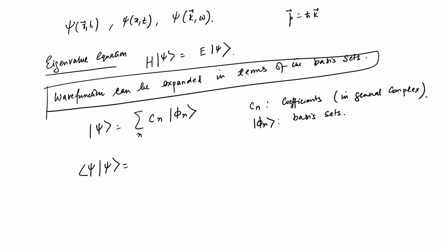This is what the normalization means, and if you write it in terms of the integrals, it is just the inner product that we have said. The inner product of any vector with itself has to be equal to 1, right. I am writing it in one dimension, this is equal to 1, because psi star psi is the probability density, and this probability density integrated over all space